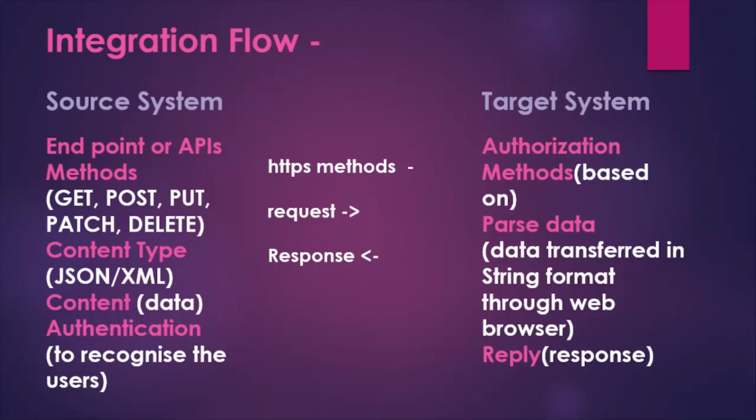So that can be defined, like which integration we are using. If you are using REST, you can have JSON content type and XML. These are the two mostly used. So you can have content type based on your architecture which you are selecting. We are going to understand this further in the next slide.